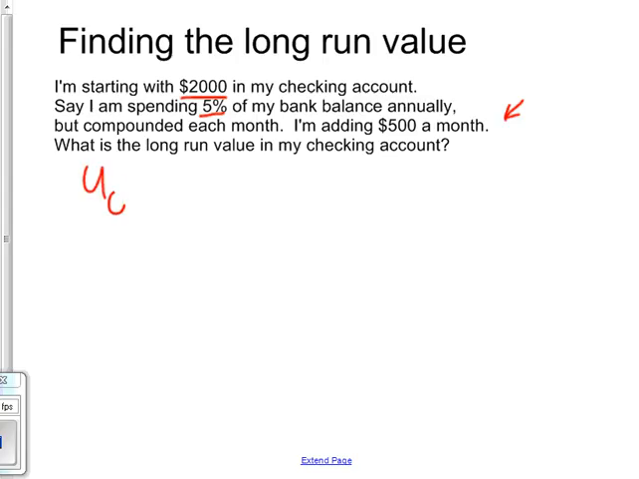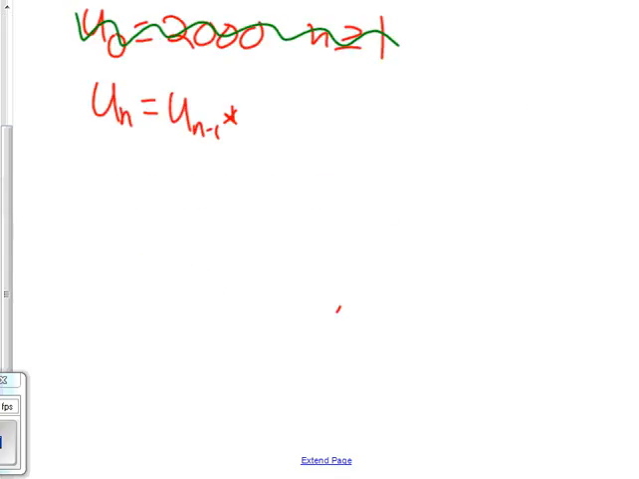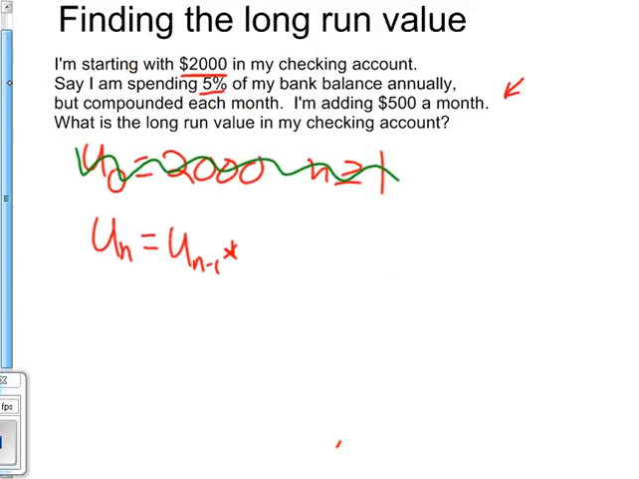So we'll start with our U of 0 is equal to 2,000. Of course, our N is greater than or equal to 1. But this type of stuff doesn't really matter for us when finding long run value. We don't really care about this, but it's good to have in there. So then from there, we're doing our U of N is equal to U of N minus 1 multiplied by,